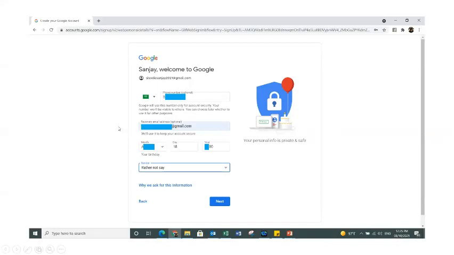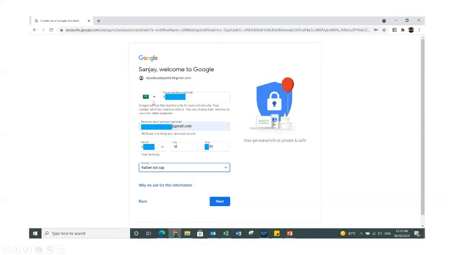And the phone number should be prefixed with the country code. So here, by default, it will show you the country from where you are accessing the Google account, or from where you are trying to create your Google account. So depending on your location, here it will show you the default country. But if you want to change, you can click on this small triangle pointing downwards and it will show you a list of all the available countries.